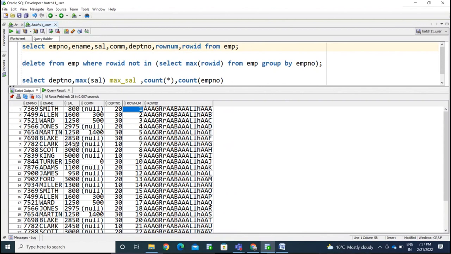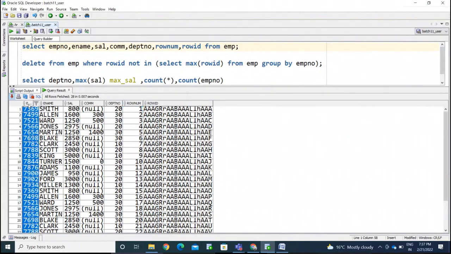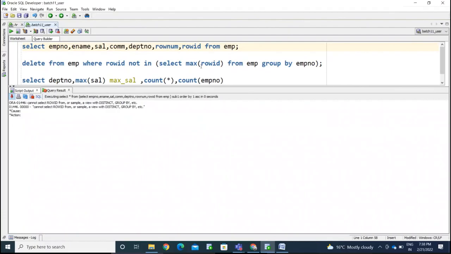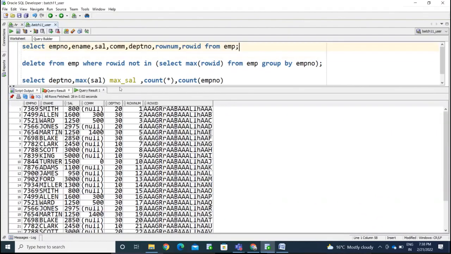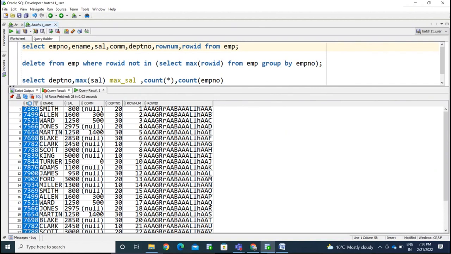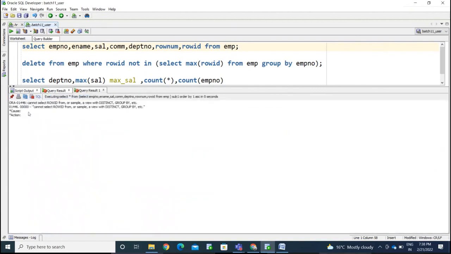Now I'm running this output, so totally we have 28 records. Okay, see the 7369, so you cannot sort the data. See, you cannot select the row ID from a sample value, be it distinct, so you cannot sort the data also. Okay, so now I'm pinning this,